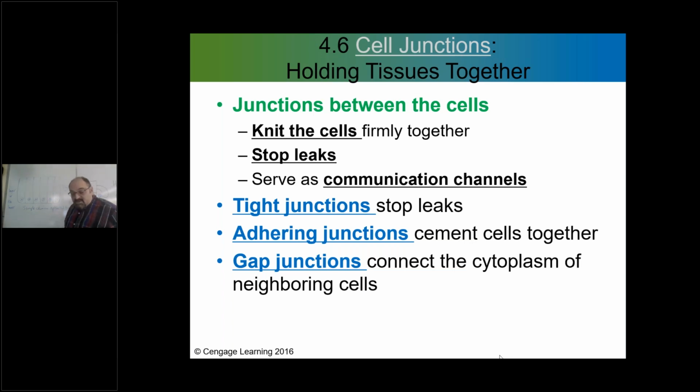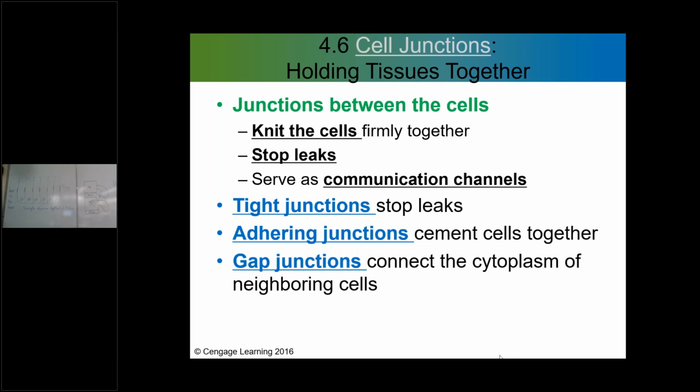So look at this for a moment and wonder: all of these cells in this simple epithelial tissue, I drew the darker line there, they're next to each other, right? Now, how would it make any sense if they were next to each other and they weren't really anchored to each other? That'd be kind of weird, right? It really wouldn't perform the function that it should, right? But if we have different structures present in order to anchor, in order to keep the different cells together, that would be a good thing.